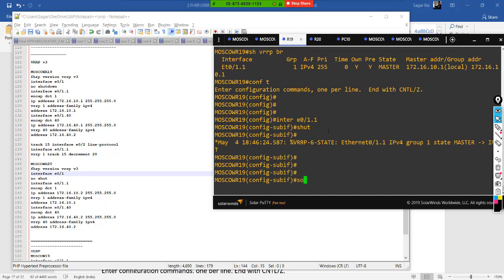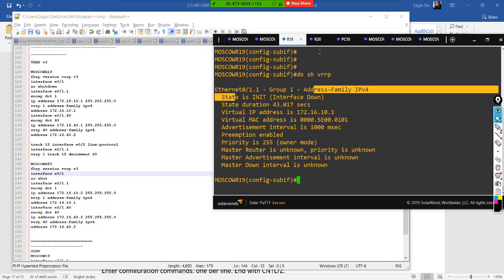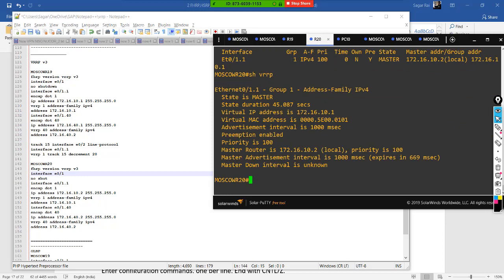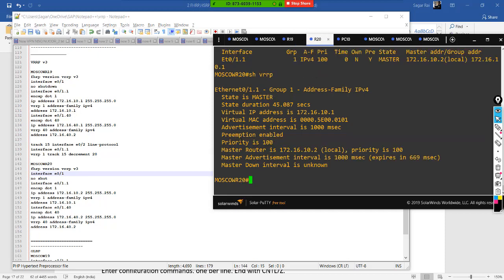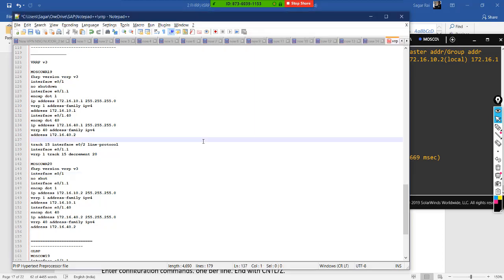So let's see the different packets here, do show VRRP. This is interface down, so let me check for this. This is master. This shows me the duration, virtual IP. This is a MAC address. This is the advertisement interval, which is in milliseconds. Preempts are by default. Priority is 100 because that's the other device IP which is acting as a real. In this case this will be 255 because it's in owner mode, whereas for this interface it's just a virtual IP only. This is a master, this is an advertisement. Regarding the packet flow,